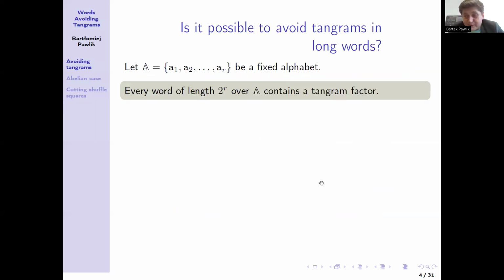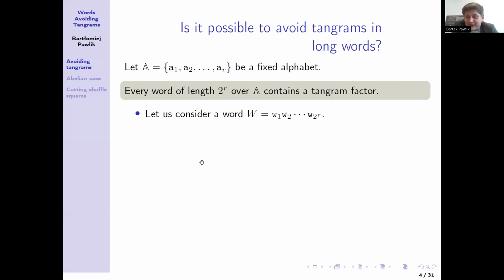As we already mentioned, the problem of avoiding squares was solved by Thue over 100 years ago, but what about avoiding tangrams? We know that in long words, tangrams cannot be avoided regardless of the alphabet. To be more precise, every word of length 2 to the power of the number of letters in the alphabet contains a factor that is a tangram. It turns out that this is a simple statement, and I think the proof can be found in Lothaire's textbook, but